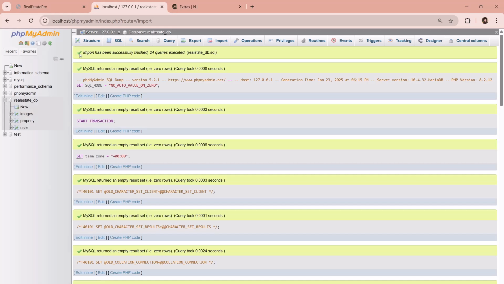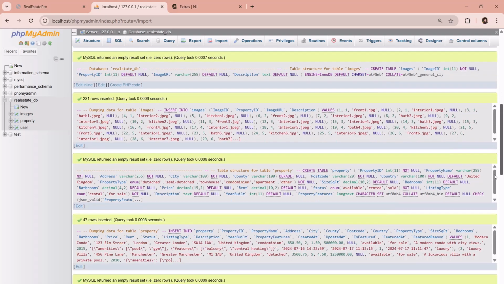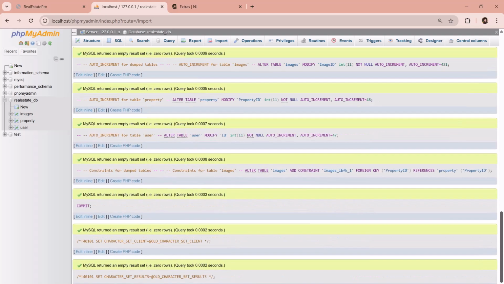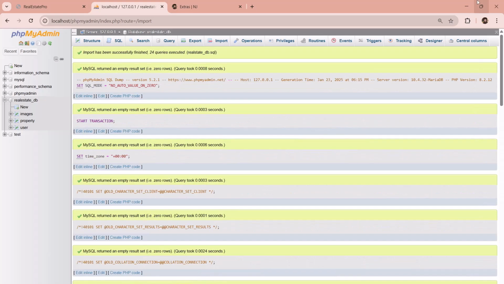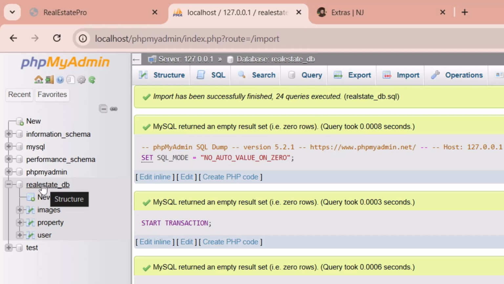If you notice these check marks over here, the import has been successfully finished, 24 queries executed. Everywhere you see this tick mark, that means we have successfully imported all the tables, basically the schema as well as the data in the tables. So this is our database name, and then we have basically these two tables. The user one, we won't be using in this project. We only have these two tables that we are interested in. Let's click on the property table,